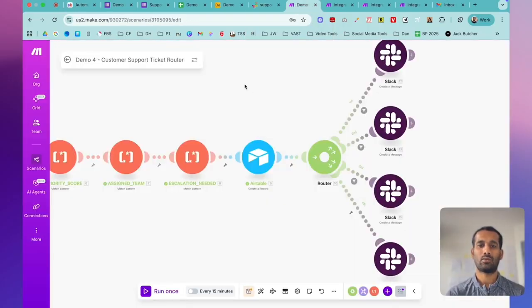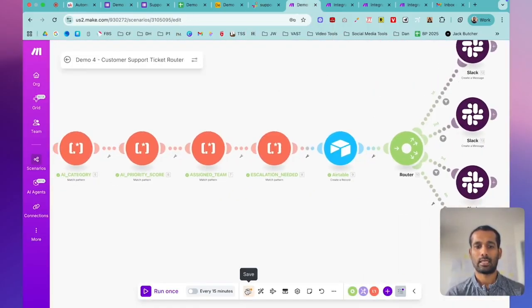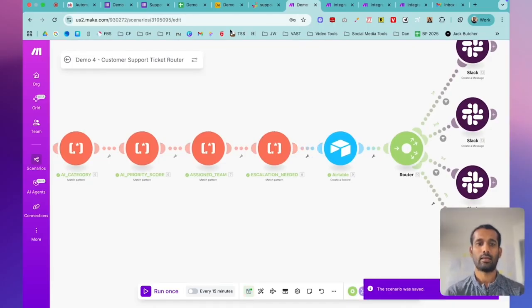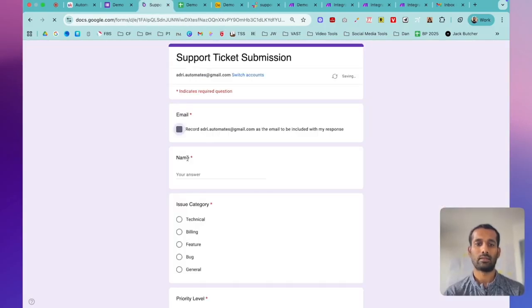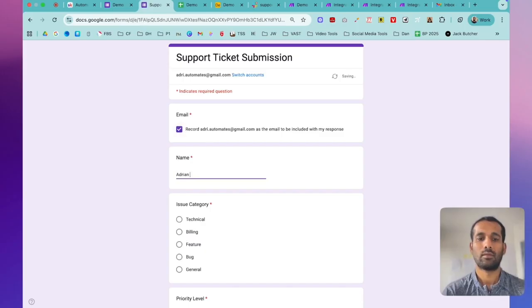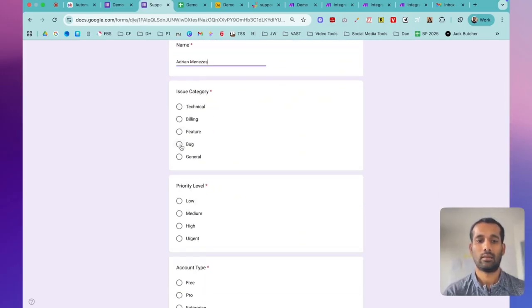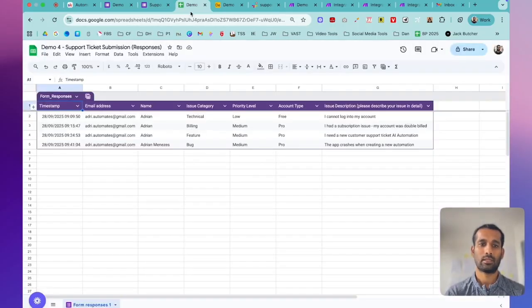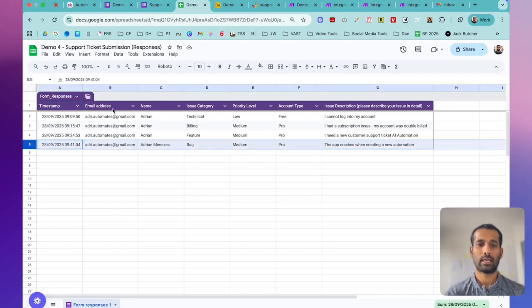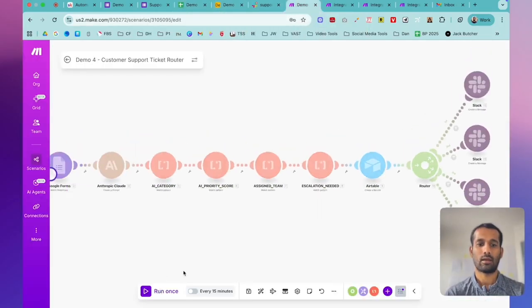If we come back to our Make automation, save it, and now if we go back to our form, we will make another submission, choose bug, and submit this. We will check in Google Sheets that our message has come through. So we can see that here. Perfect. And now if we come in and run our automation,